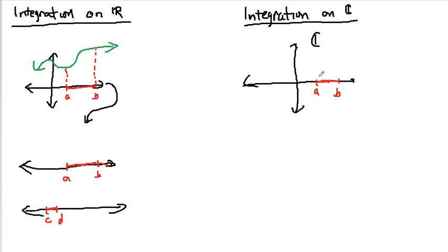I didn't just have to choose an interval on the real line. I could have chosen something like maybe this interval. That's one-dimensional. I could have integrated along there, because now I'm not limited to just the line. I have a plane where I can maybe string out and make the one-dimensional object curvy. Or I could do something like this. I could take this and I could